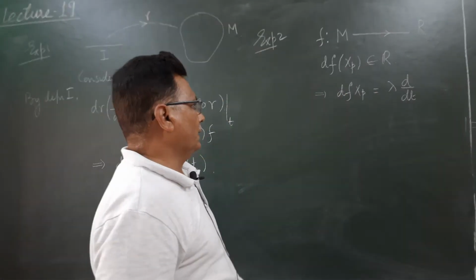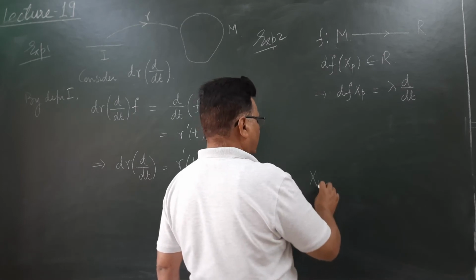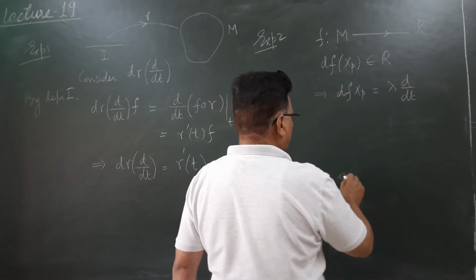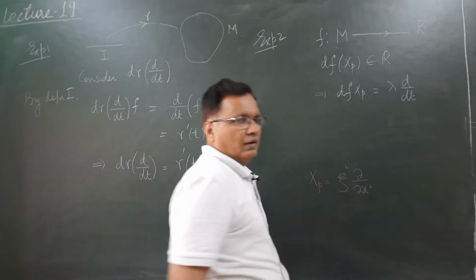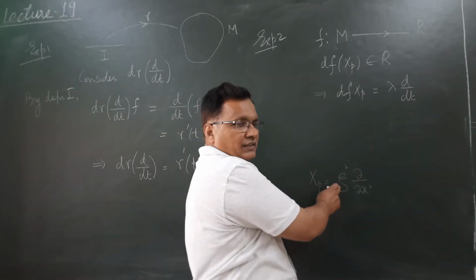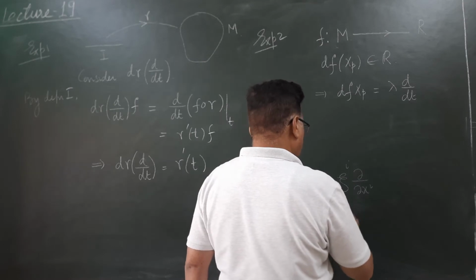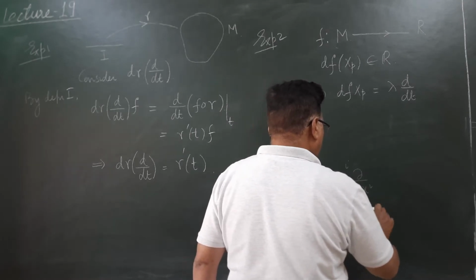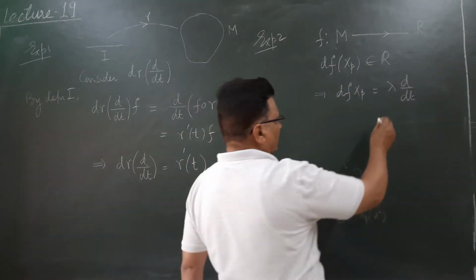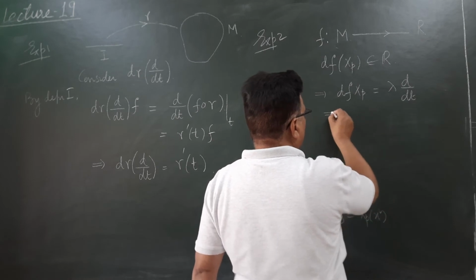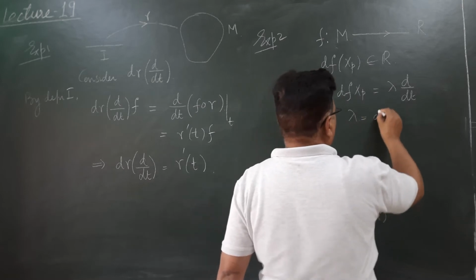ओके ठीक है. अब मेरे पास ये सोचिए कि एक टेंजेंट वेक्टर है Xp, वो है सम ξi ∂/∂xi. My aim is to determine these ξi's, the coefficients. So ξi's, as you remember, are nothing but Xp operating on the coordinate functions xi. So this lambda, according to this definition, lambda must be equal to this tangent vector dfp,